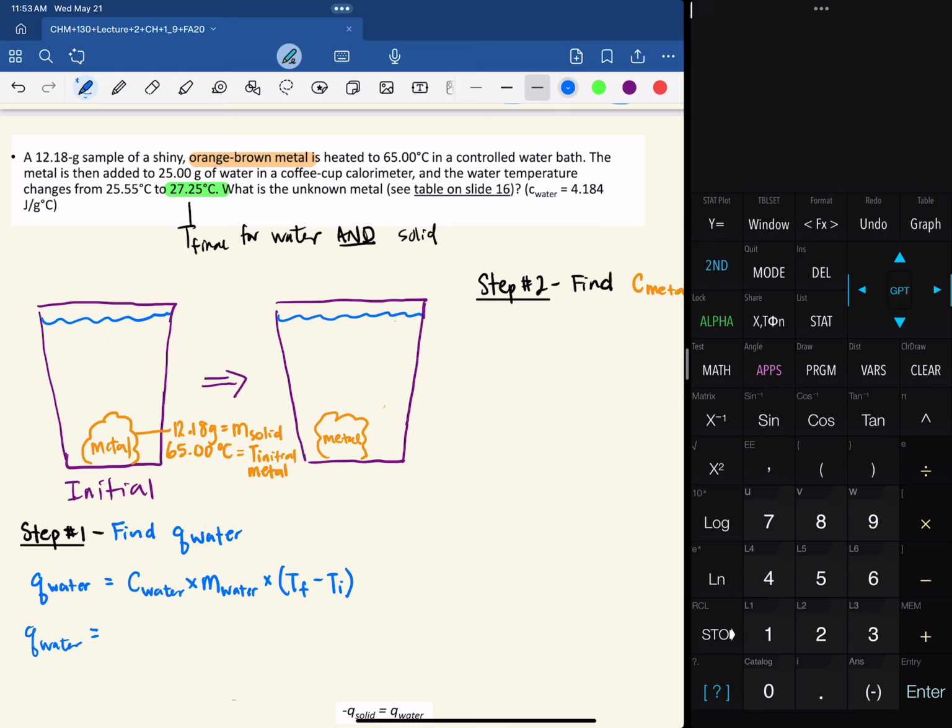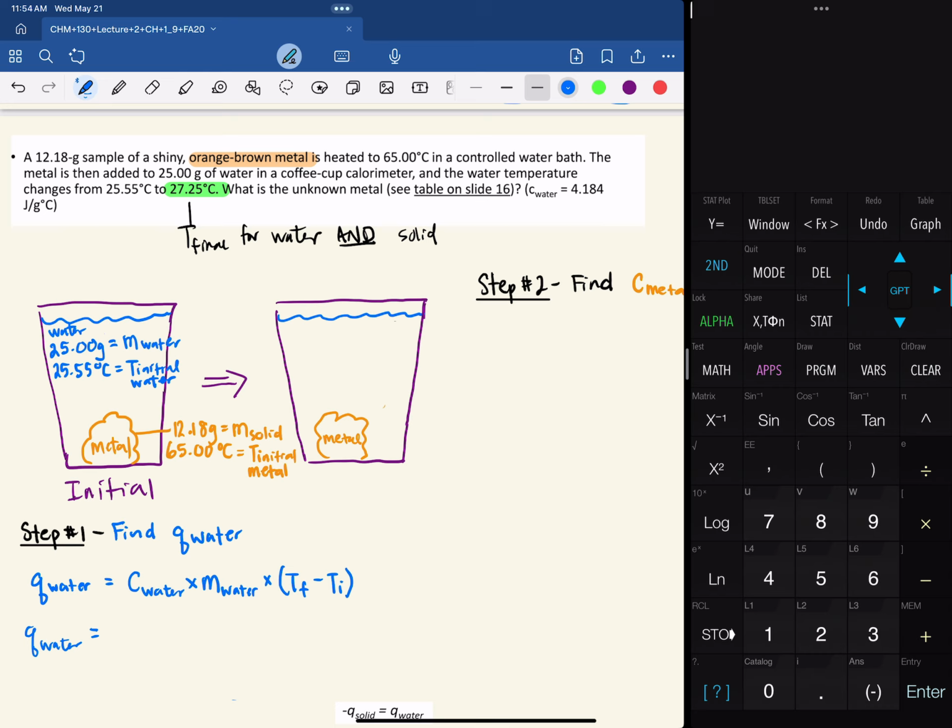Okay. That metal is added to 25.00 grams of water. So the water is 25.00 grams. The unit of grams tells you this is the mass of the water. Okay. And the water temperature changes from 25.55. So 25.55 degrees Celsius is the initial temperature of the water. Okay. And it changes from 25.55 to